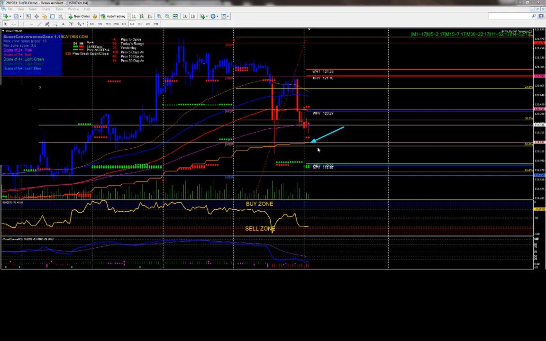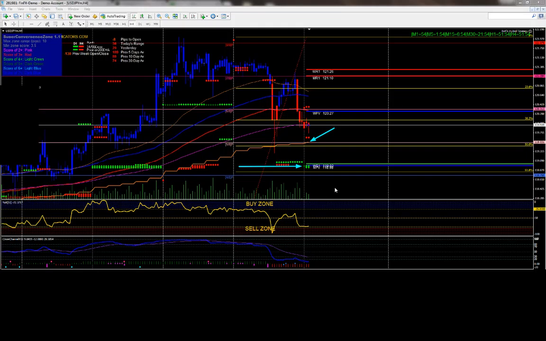I'll like that scenario better if we don't move up above the weekly pivot before coming back down. I'd like to see in the beginning of this London session a break below the 200 to test the daily 55 and then a move back up. If we do break below the daily 55, or we move up first and then come down, we do have